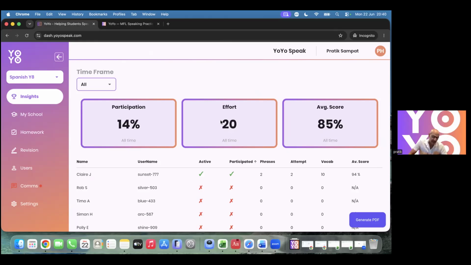The data is always available. The reality is teachers would simply start the new year and create new classes for the new years. But the data is always available and accessible to the school.